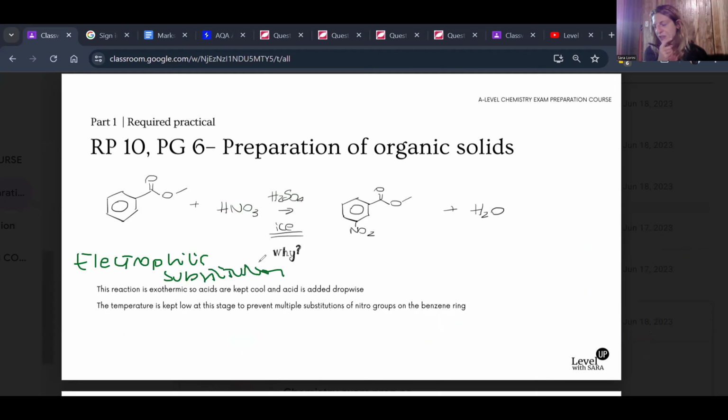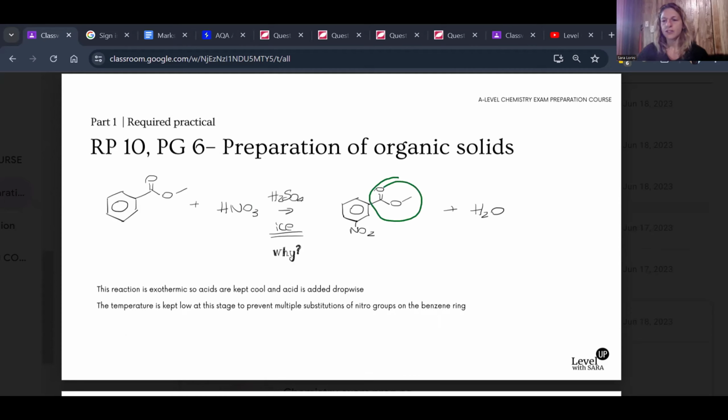Okay, electrophilic substitution. Because we are talking about benzene, I want you to notice that NO2 is added over here. It's not added in any other position. This makes us think about what type of directing group this is. Just to have a very brief revision of further substitutions of benzene. Remember that